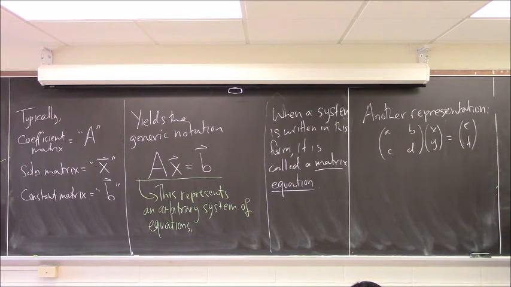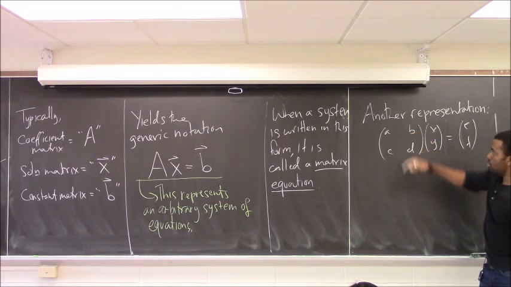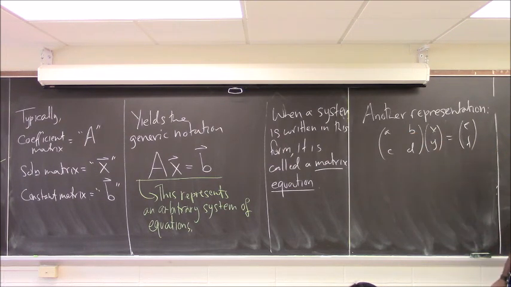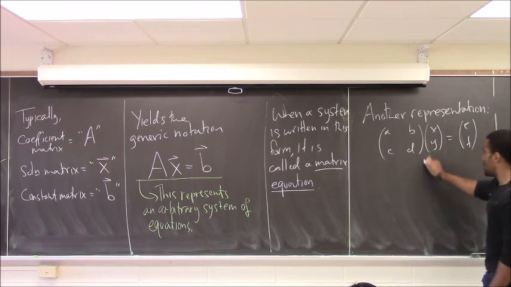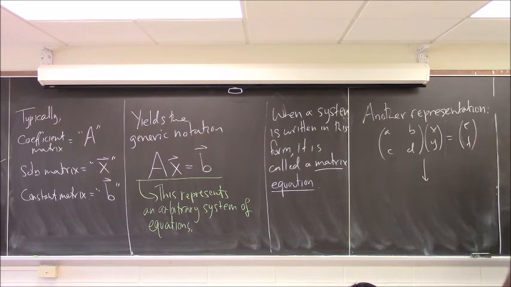In general, we'd know the variables that we care about, or at least we'll know that the first column is the coefficient of the x's, the second column is the coefficient of the y's, and these are the numbers on the other side. So a lot of times we would actually write this system down as just one big matrix,